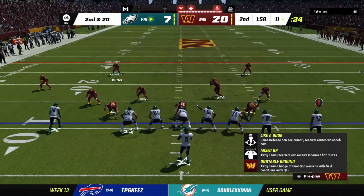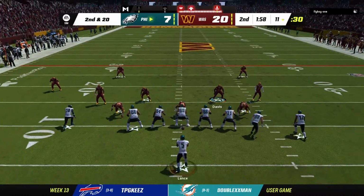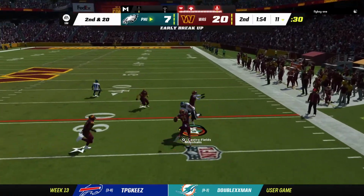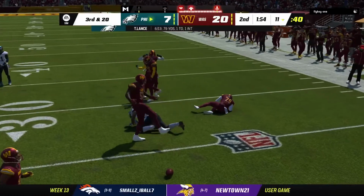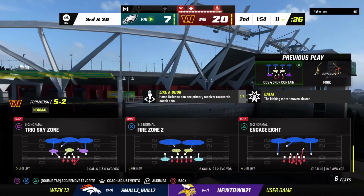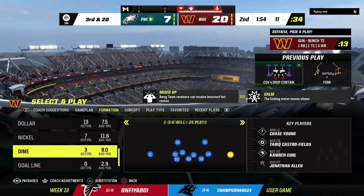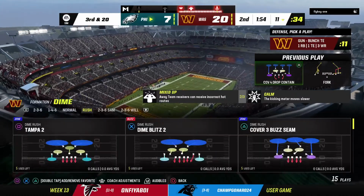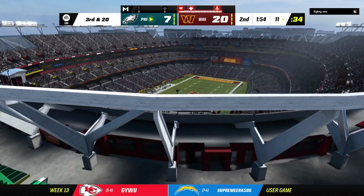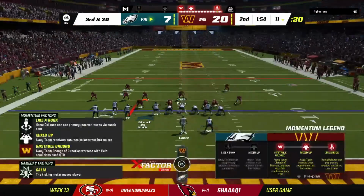So now 20 yards to go on 2nd down after the sack. Work to be done. Throwing now is Lance. And this one incomplete. Too much contact to hold on to that one, and it's 3rd down. And this drive is almost over before it began thanks to a great defensive effort. Sacked on 1st down, followed by an incompletion, one more good rep, and then get off the field. An incomplete pass on that last play, and that means they'll need to come up with something here on 3rd